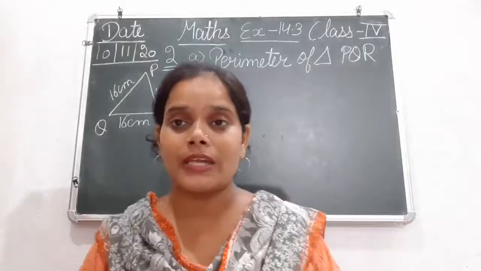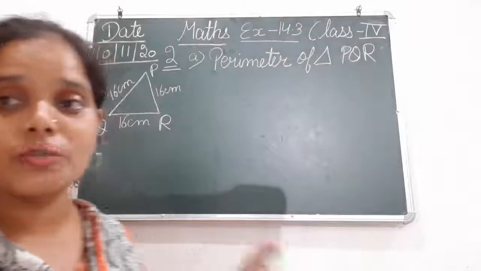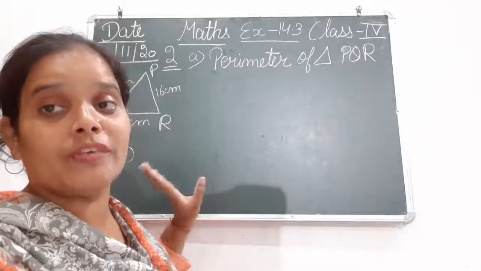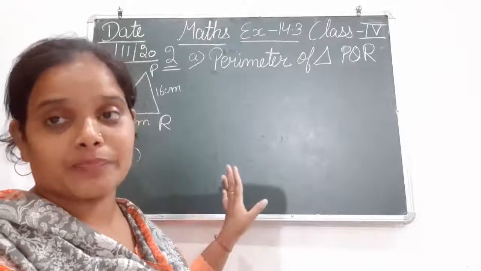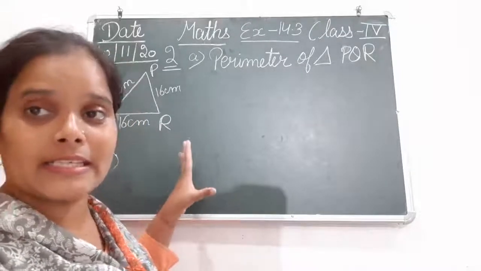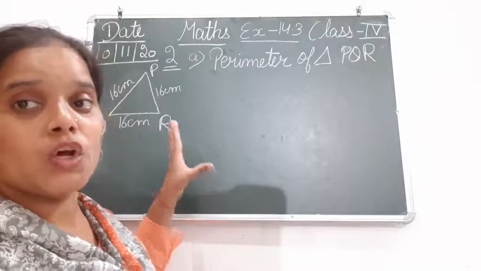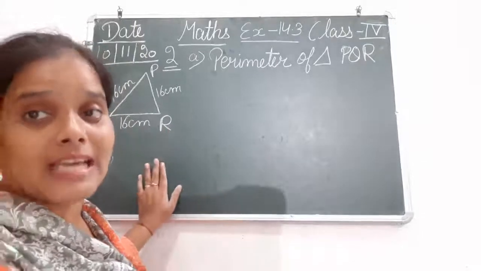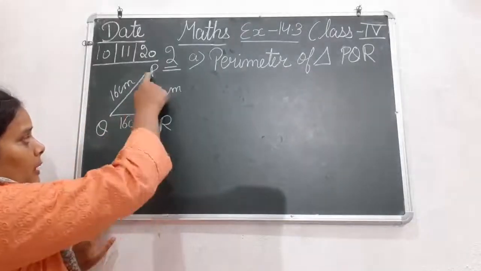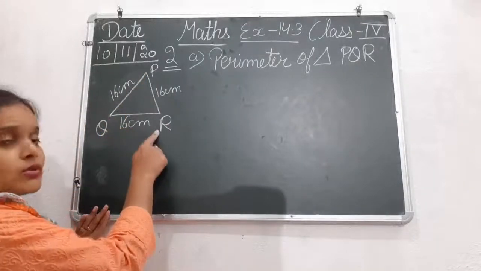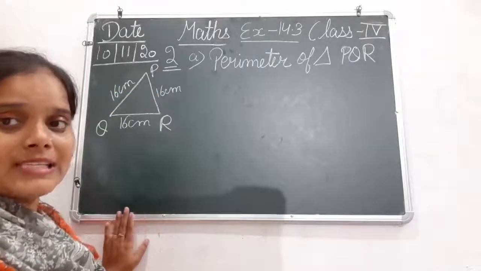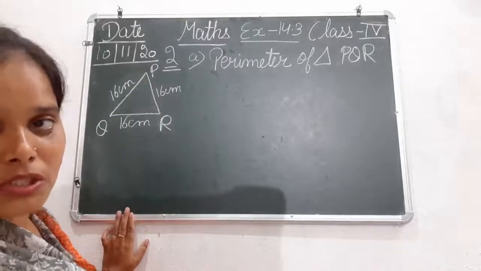So what are the various length of this triangle? तो ये जो हमारे पास triangle दी है तो इसकी various length of sides, sorry not length, sides. So what is the length of sides? So जो इसके अलग अलग sides हैं या line segments हैं जो इस figure में use हुई हैं तो उनकी length क्या है? So length of the sides. So as you can see that PQ is 16, QR is also 16 and RP is also 16. So all the three sides are 16 centimeter only.